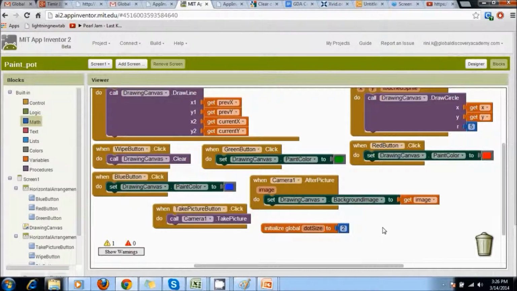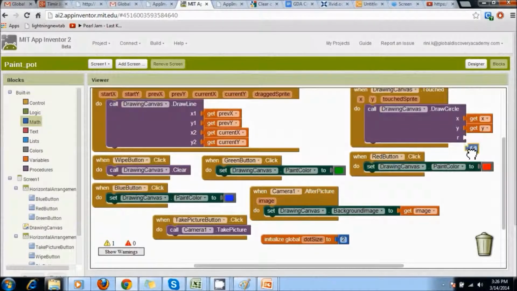Now we're going to use the variable. Next we want to change the argument of DrawCircle to the value dot size and not the value 5. So we're going to drag and drop a get from the DrawingCanvas.DrawCircle.